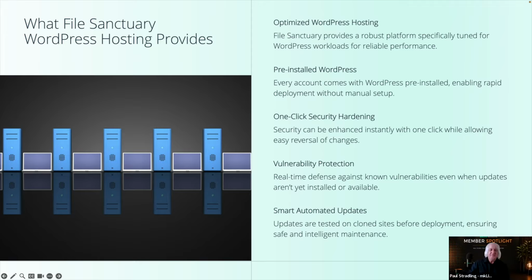And finally, all this is managed through the WordPress toolkit in Plesk. So a lot of day-to-day WordPress work doesn't even require logging into WP Admin. You have a single pane of glass to manage all of your WordPress sites in one place. Underneath WordPress hosting, you automatically inherit all of our standard web hosting features.